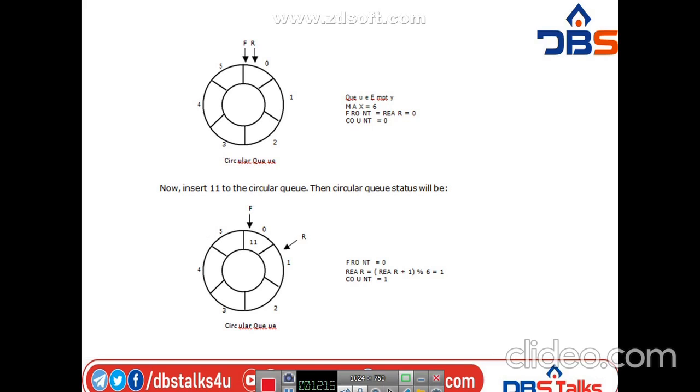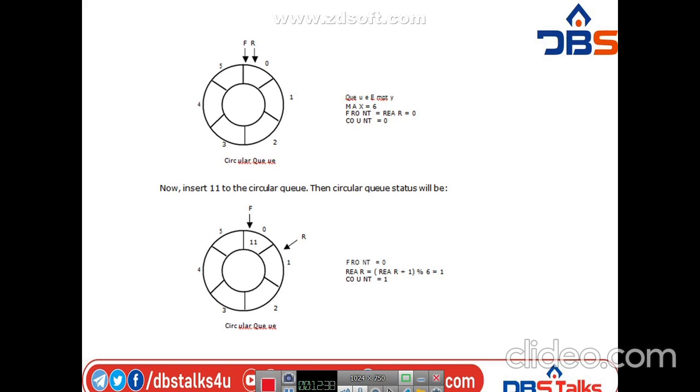What does count mean? Count represents the number of elements present in the circular queue. For example, if I insert one element, count becomes 1. If I insert one more element, count becomes 2. Here max means the maximum size of the circular queue, that is 6.